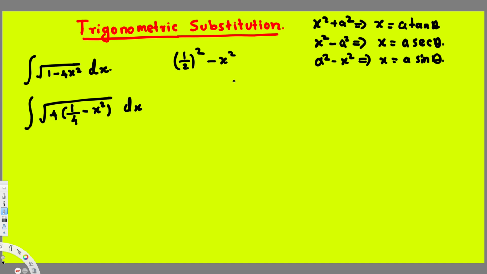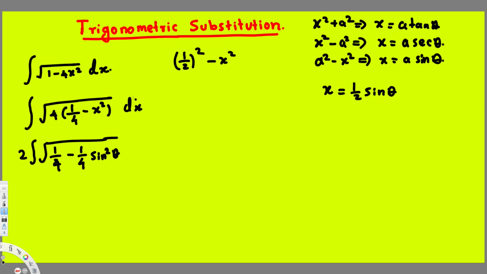Now we can go ahead and do the trigonometric substitution. So here we have x is equal to a sin theta. A is this number, half, right? So this is going to be half sin theta. So that's going to be our x value. Before I do the substitution, I can take this 4 outside of this one. That's going to give us 2. So I can move this 2 to the front, and we have 1 over 4 minus x square. If you square this one, that's going to give you 1 over 4 sine square theta,